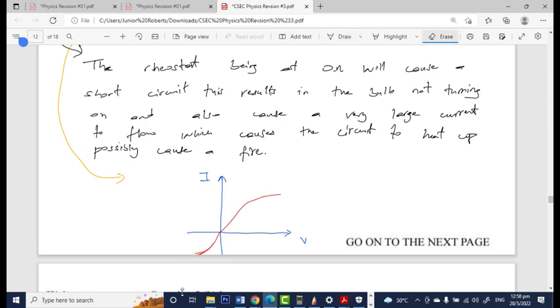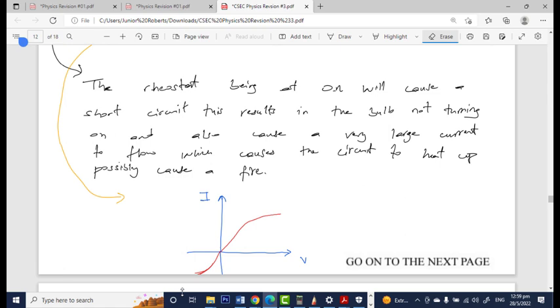The current and the voltage are going to be almost proportional to each other until the bulb heats up, and then it's going to change. Cool? Shall we continue? Yes, sir. All right, so